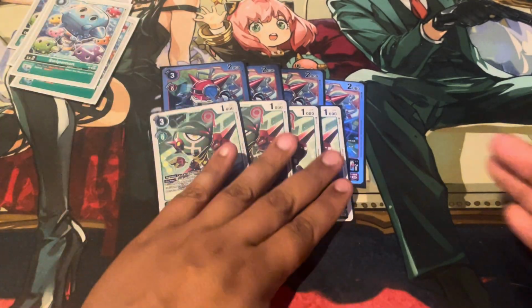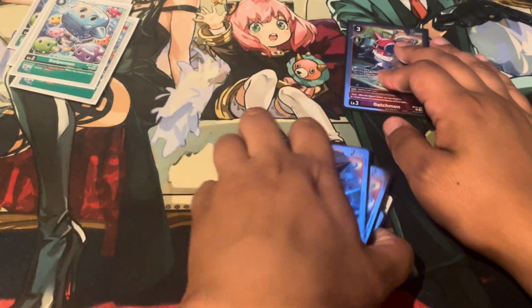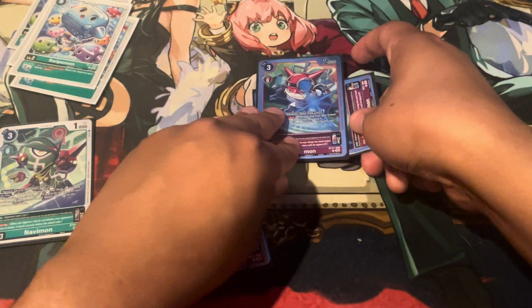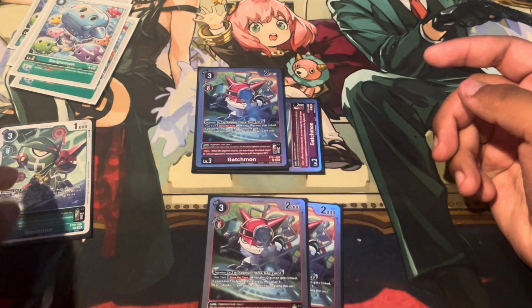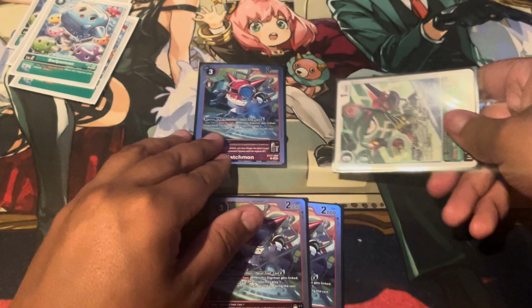Another thing too, let's say for example, you have a link Digimon. You can link again, but you are only able to have 1 link at a time. So if you want to link again, you just have to trash it, get rid of it, and then you put the new one